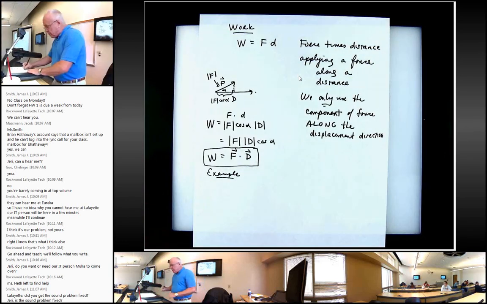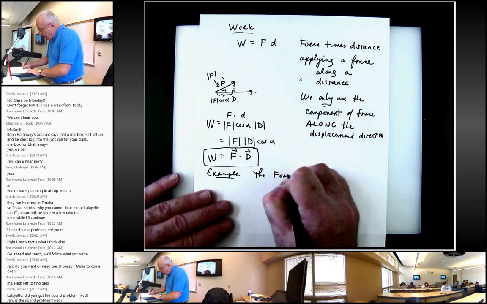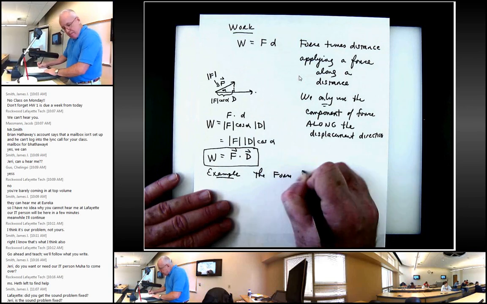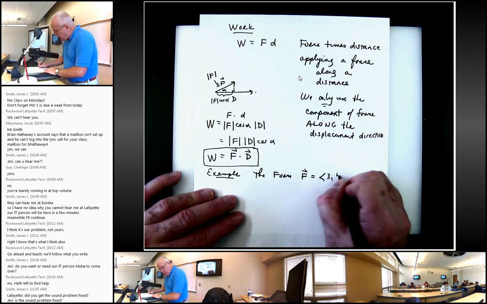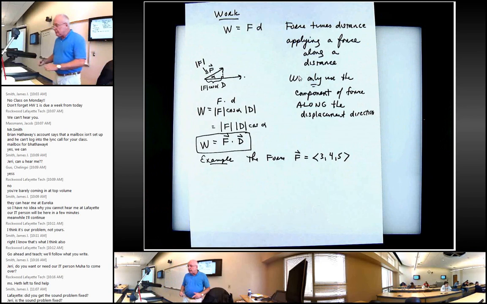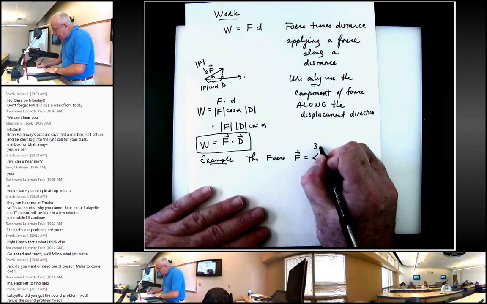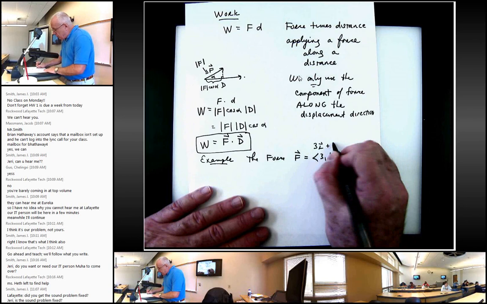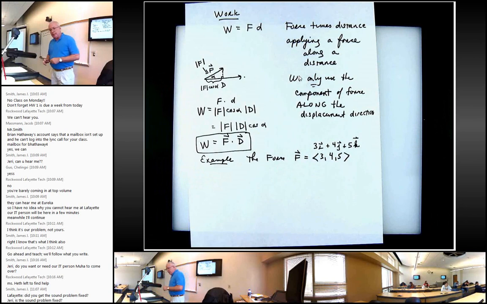Say the force F is given by the vector 3, 4, 5. Now, another way of writing this, and you'll see this alternatively, is 3i vector plus 4j vector plus 5k vector. These are both equivalent to each other. That's our force, and this force